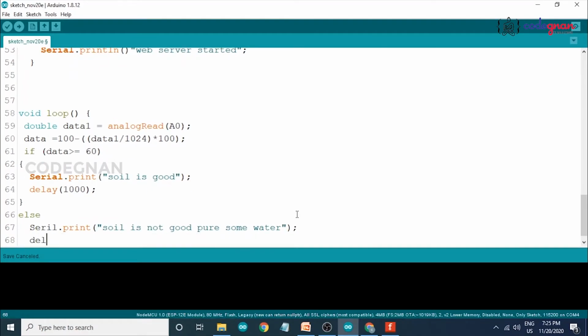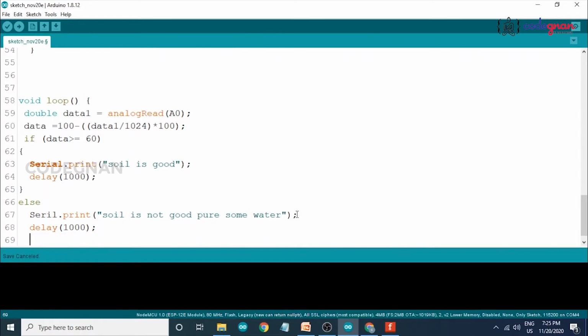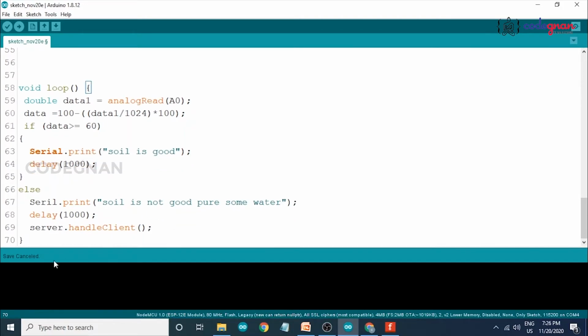And delay some time, I am giving 1 second. And handle it to our server, so server.handleClient, our client is our web server. Okay, our program is now done.